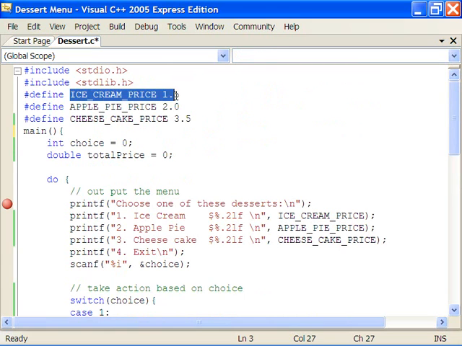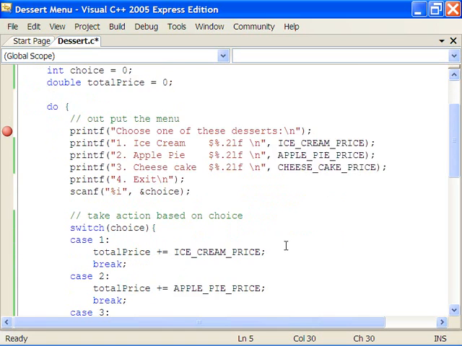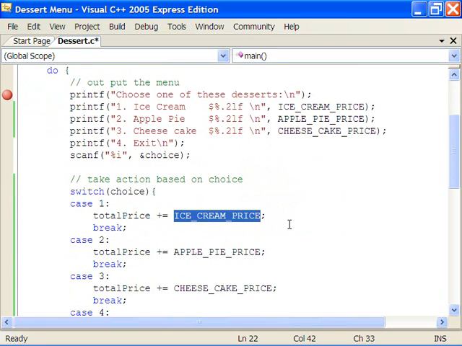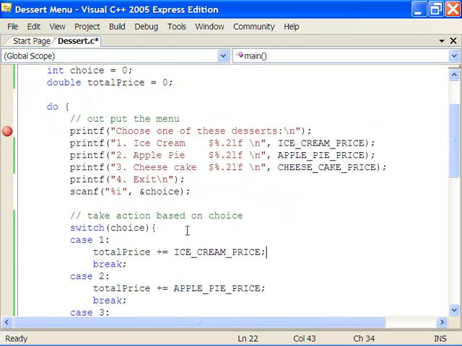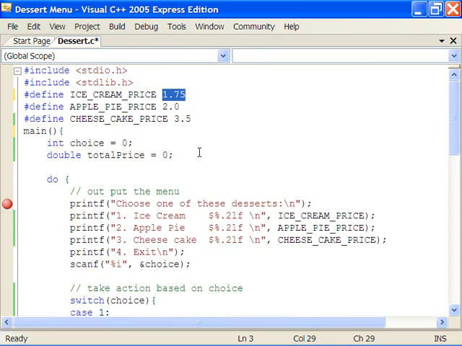The defined constants would allow us to change the program in only one place. Suppose that the price of ice cream went from $1.50 to $1.75. Well, just that one change has changed all of the places where the ice cream price is mentioned. So this now becomes $1.75, and this becomes $1.75. If this program were really long, we wouldn't have to look through all of the instances of that constant 1.75 throughout the program. We can just change it up here at the top,